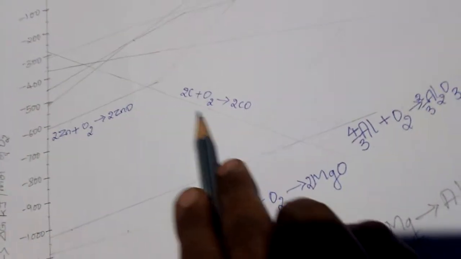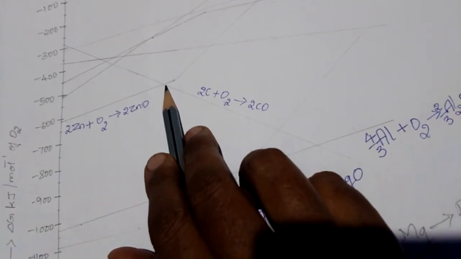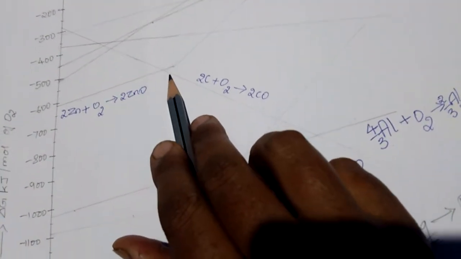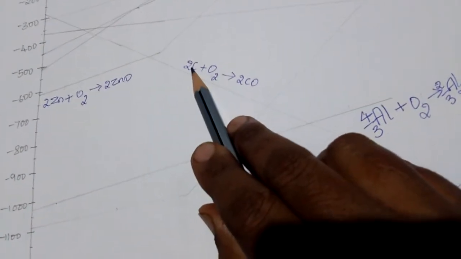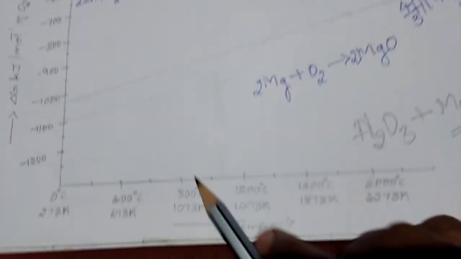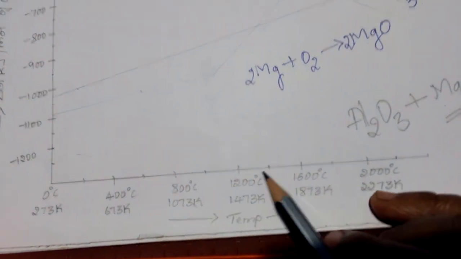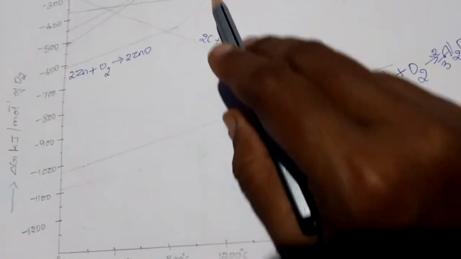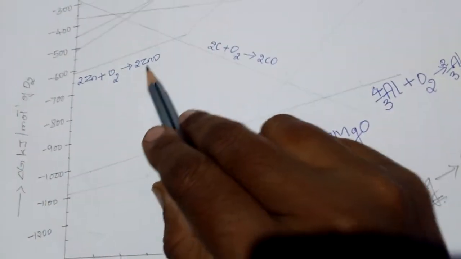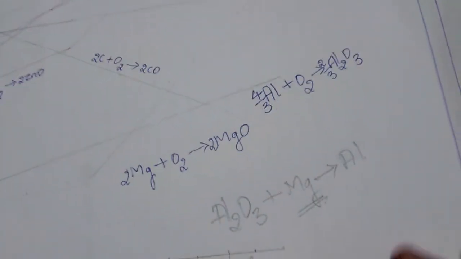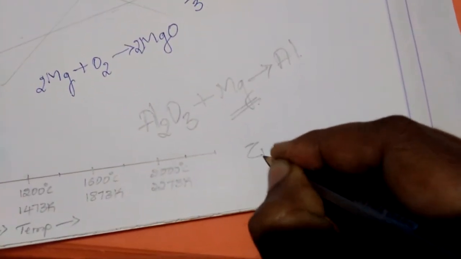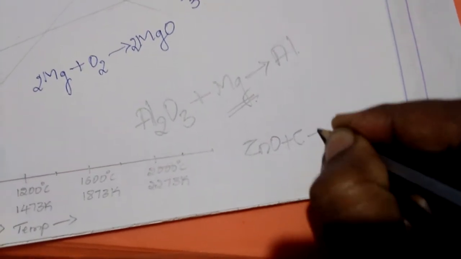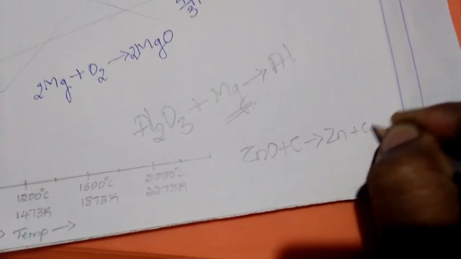So now this line crosses the plot for zinc oxide at above 1400 Kelvin. So you can convert zinc oxide into zinc by using coke as a reducing agent. So nearly 1400 Kelvin. See, above this there should be at least some gap so that coke can become a reducing agent for zinc oxide. Here I will write the possible reaction, later you can see it in your notes. So zinc oxide reacts with coke to form zinc and carbon monoxide.